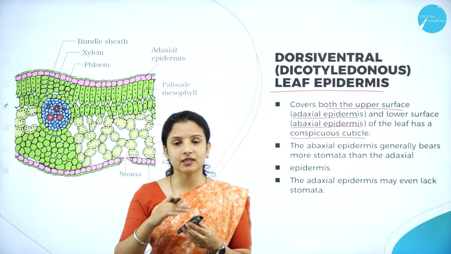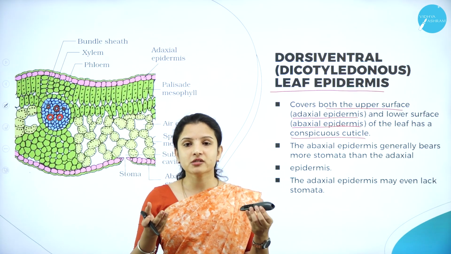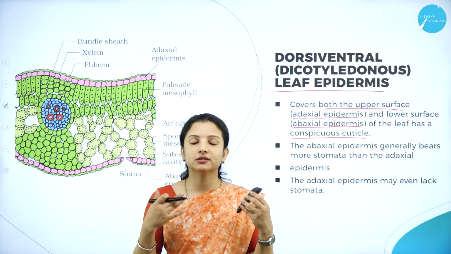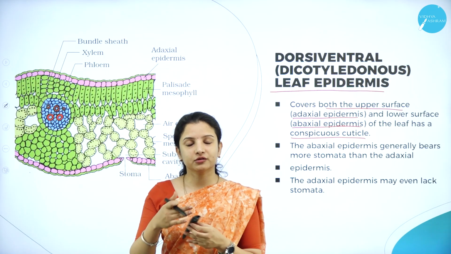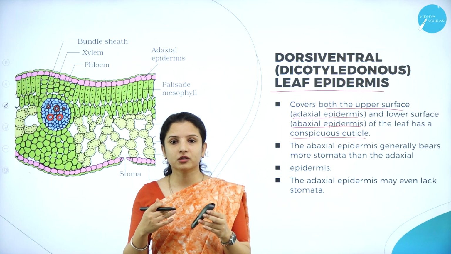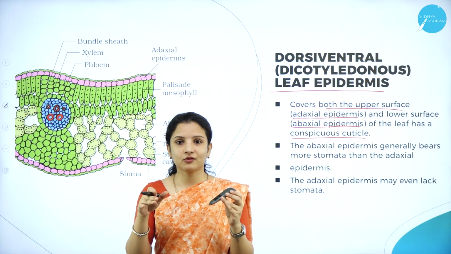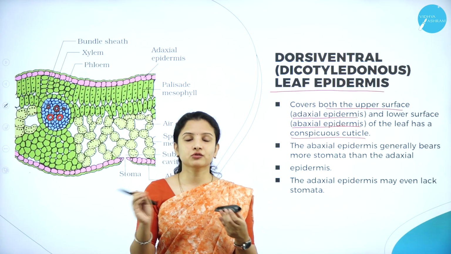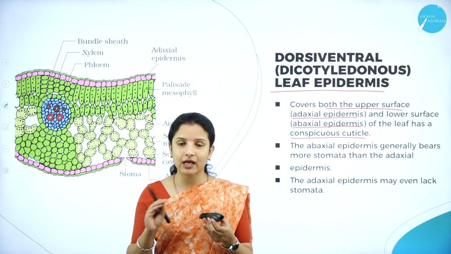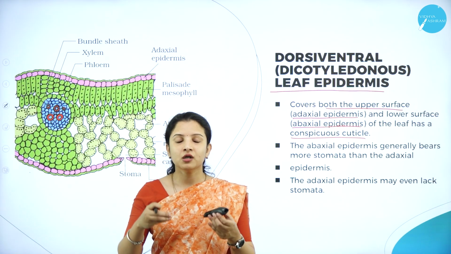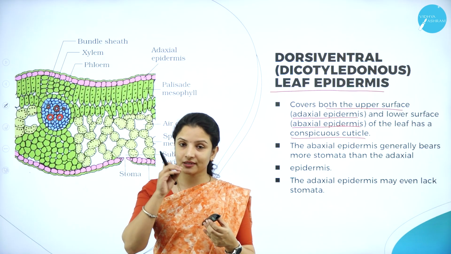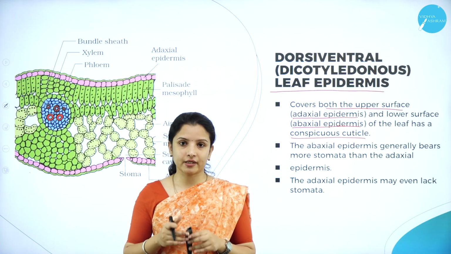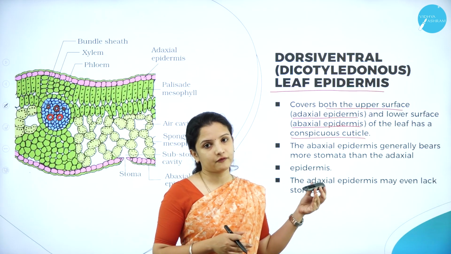The cuticle is nothing but a waxy coating. It is very much visible in lotus plants. Why the lotus plant? Because throughout its life cycle, the lotus plant is in the water. So if it has to be protected from the water, it should have a waxy coating. As I gave you the example previously, if you coat a paper with wax, with candle wax or something, and then pour water, the water will not spread. It will just sit on the paper as a droplet, and once you tilt it, it will fall off and the paper will remain completely dry. The same function the cuticle also performs on the leaf.